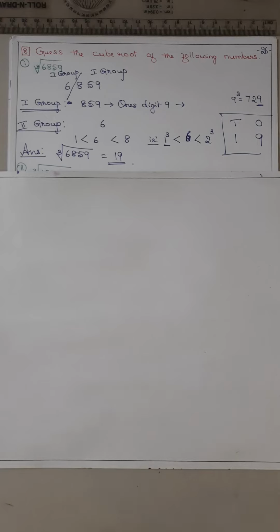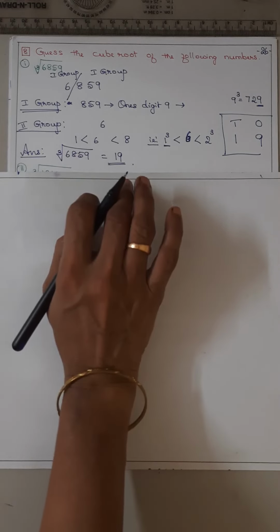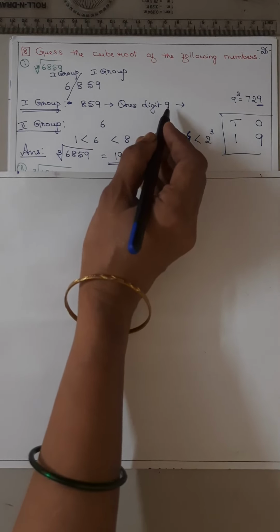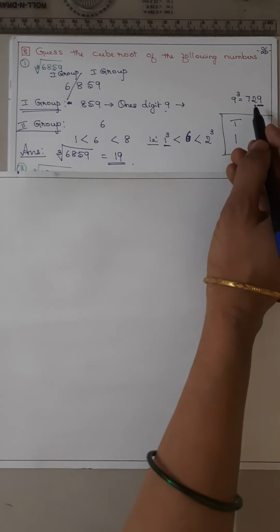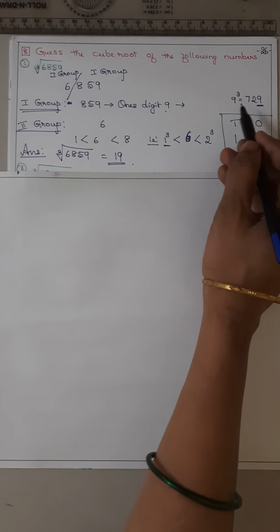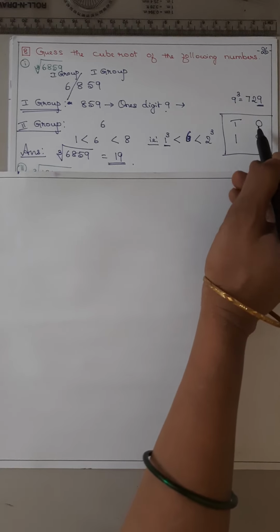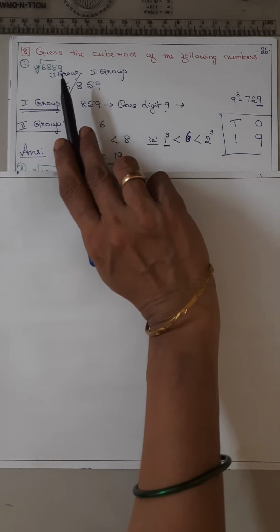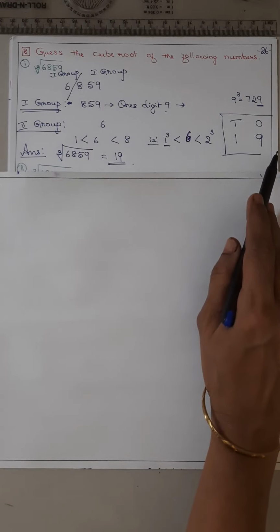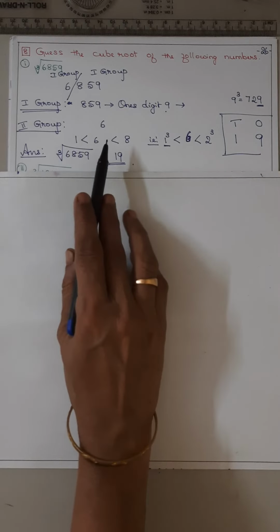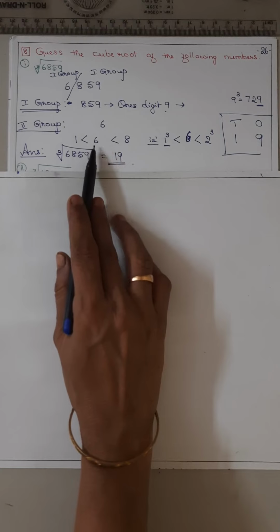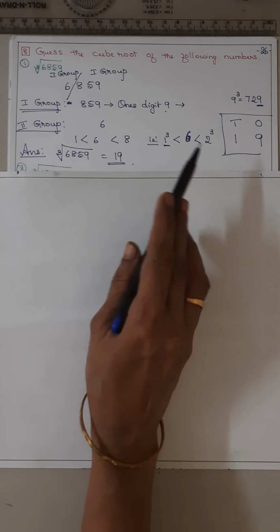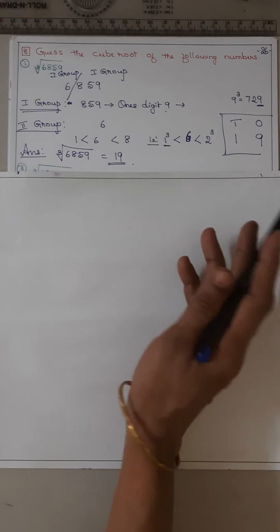समझ में आया? पहले ग्रुपिंग करो 3 डिजिट का राइट साइड से, फर्स्ट ग्रुप. सो फर्स्ट ग्रुप में एंडिंग में द डिजिट इज 9. सो 9 किसके क्यूब में वंस के प्लेस में है, चेक करो. 9 क्यूब इज 729. तो इसका मतलब वंस के प्लेस में कौन सा वाला डिजिट आएगा? 9. मतलब जो भी नंबर 6859 के क्यूब रूट में वंस के प्लेस में 9 आएगा. और सेकेंड ग्रुप में नंबर इज 6. सो 6 कम्स बिटवीन विच 2 क्यूब्स? 1 and 8. 1 किसका है? 1 क्यूब. 8 किसका है? 2 क्यूब. छोटा वाला डिजिट डालने का.